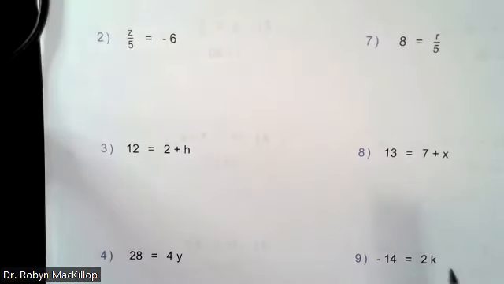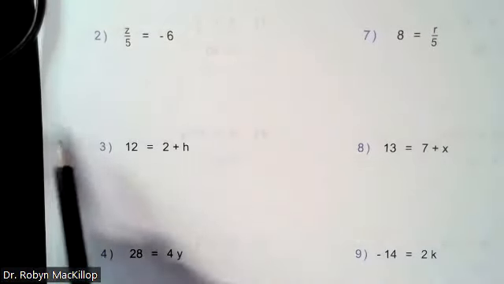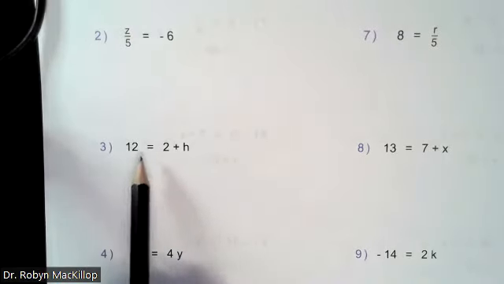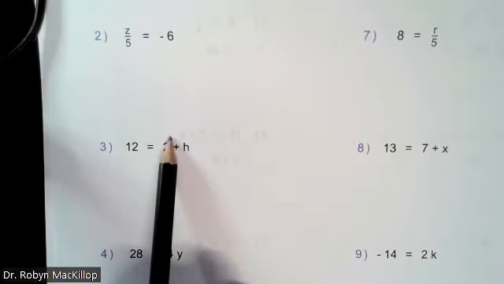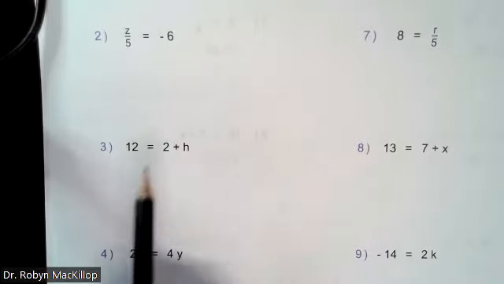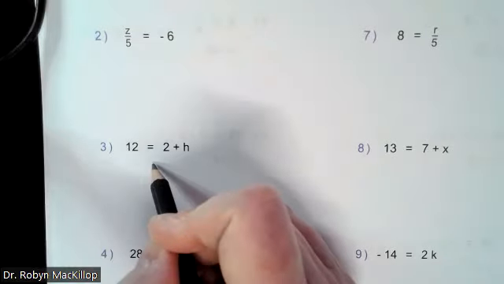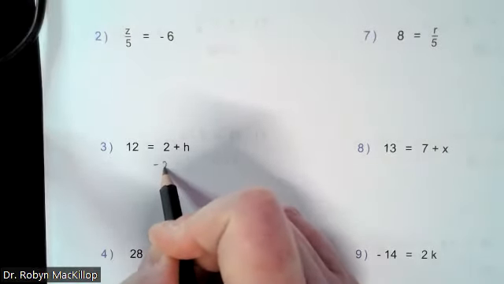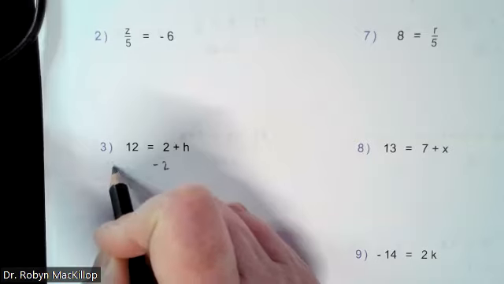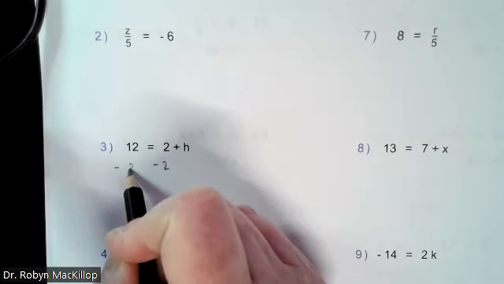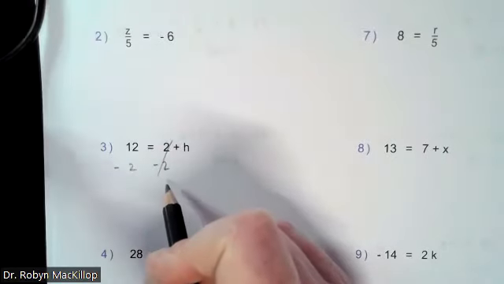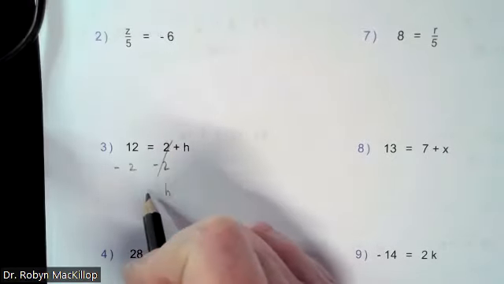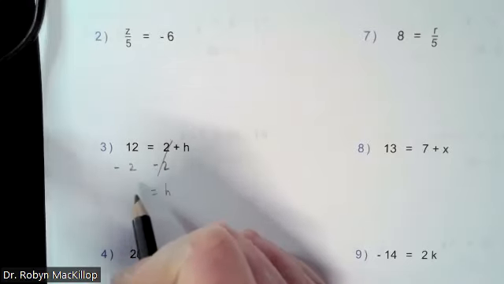Let's try 3 and 8. So again, we've got a number on one side, a number and a variable on the other. We want just the variable. So we're going to get rid of that 2. We're going to take away 2. And when we do that, we have to do the exact same thing on the other side of the equal sign. This cancels, those are gone, leaves you with h. And 12 minus 2